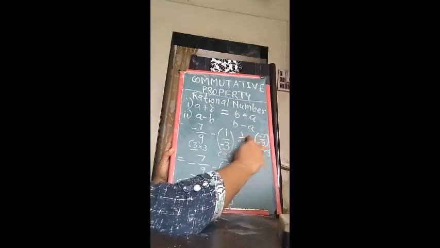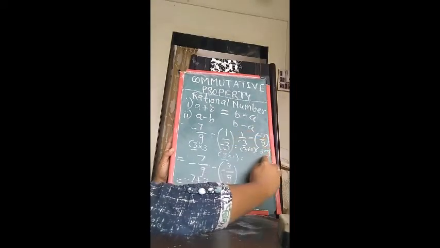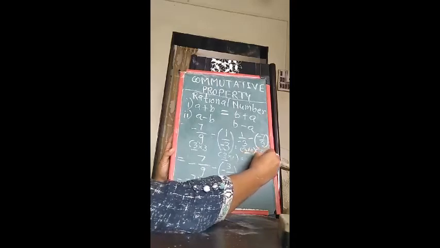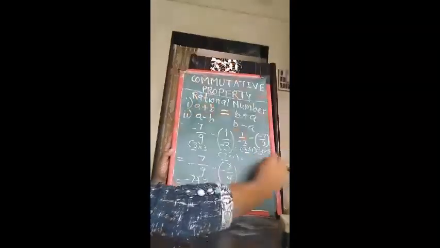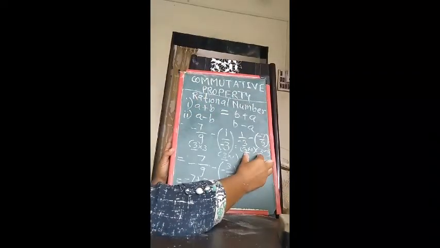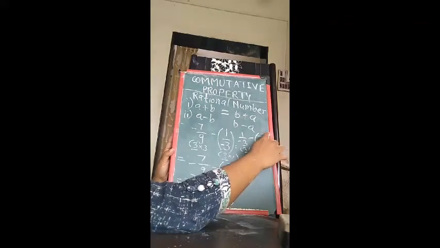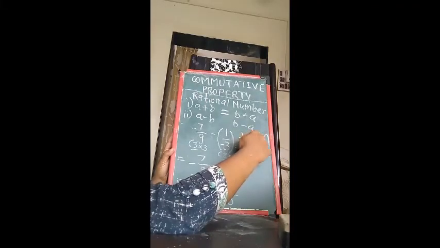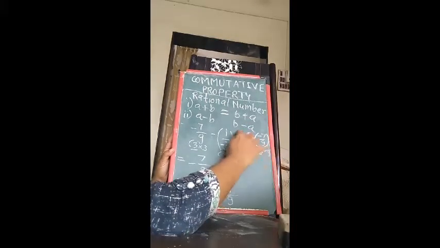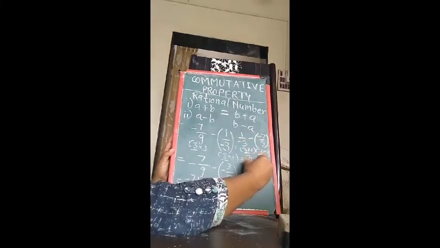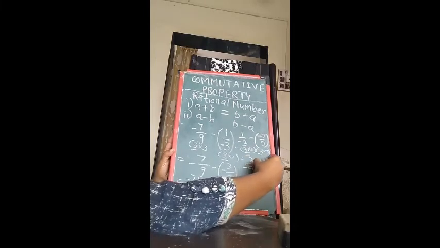So you have to multiply by minus 1 upon 3 by 3, because this is a common 3 that you have to take out. Because 3 divided by 3, the answer comes as a 1. So we have this common factor you have to remove from the number, and we just take the remaining two numbers. So 1 is multiplied by minus 7 upon 9, and this 3 multiplied by 1 upon 3. So 3 ones are 3, divided by minus 3 threes are 9,